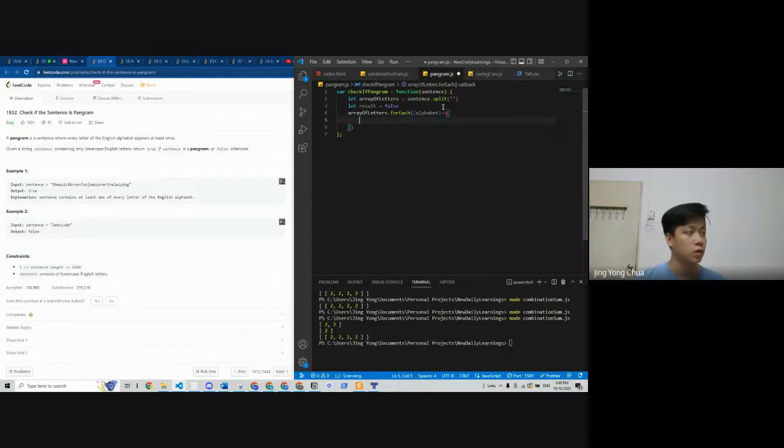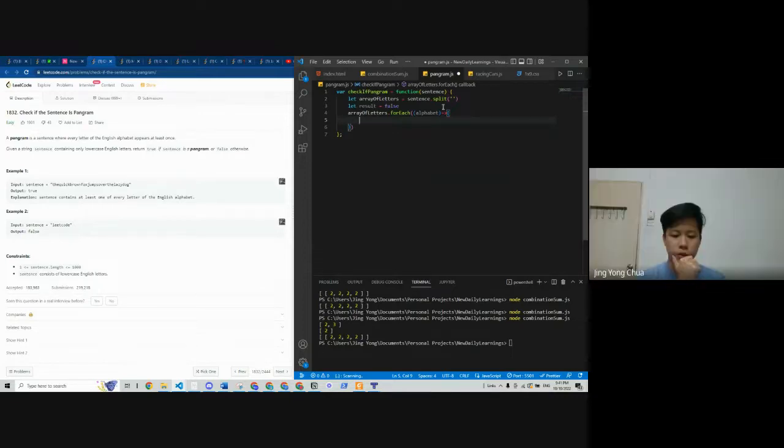Is it within A to Z? No, we're not checking if it's within A to Z or not. We're checking if each of the letters hits A to Z at least one time.